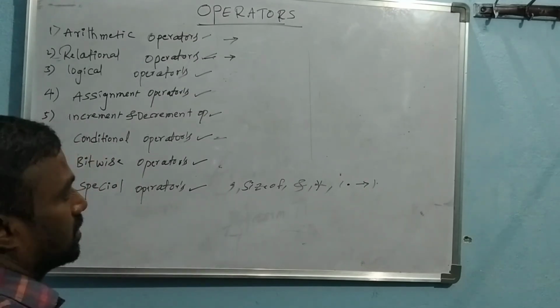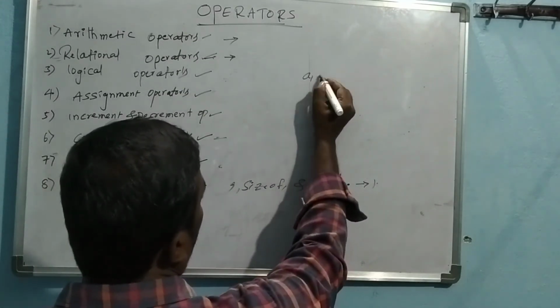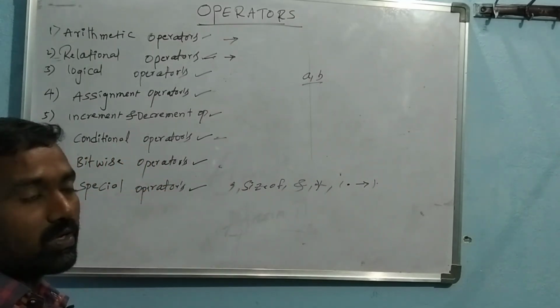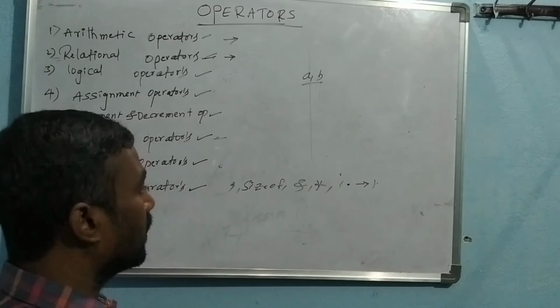First one we have to discuss is a comma b, right? a comma b. Comma is a special operator used to separate the variables. The next one is